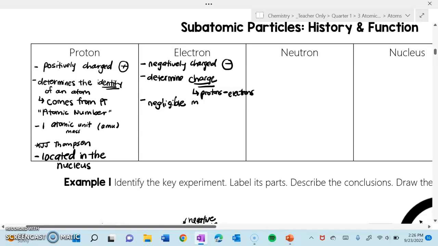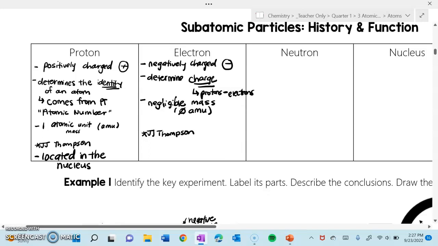There we go. Meaning it has 0 atomic mass units. If we're ever talking about our units, because they are so tiny, they are negligible. And again, this was discovered by J.J. Thomson in the cathode ray experiment. His experiment led to the discovery of both protons and electrons, because, like we said,